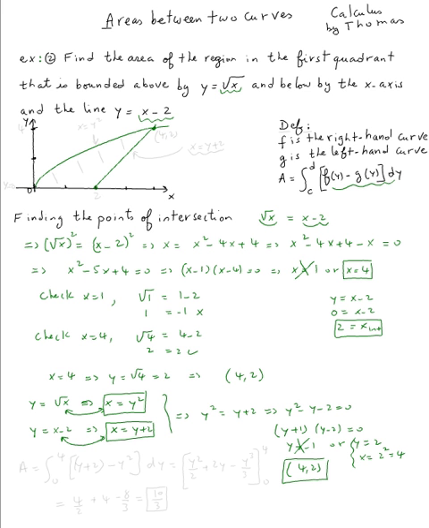So we're only interested in this line and this segment of the line. So this is the region. It'd be easier to use, because if you look at it, there's a curve on the right and a curve on the left. So here's the definition. The definition says if f is the right-hand curve and g is the left-hand curve, then the